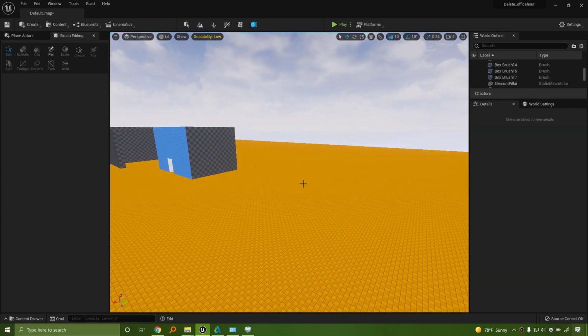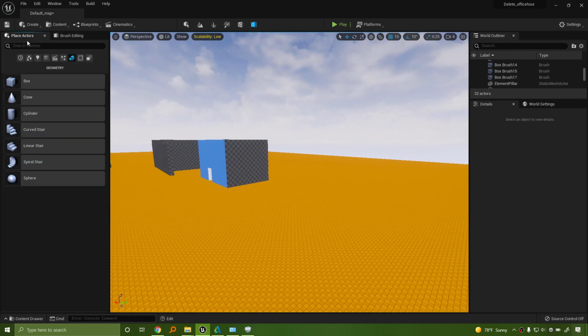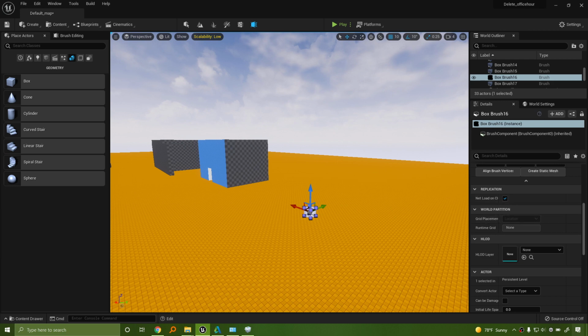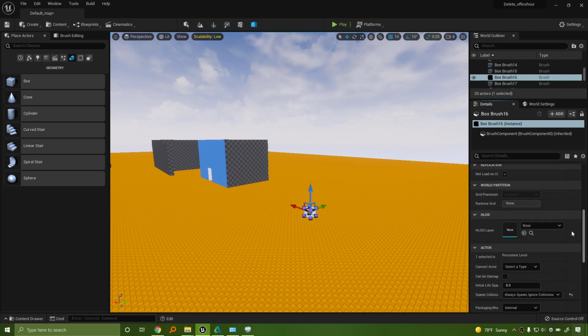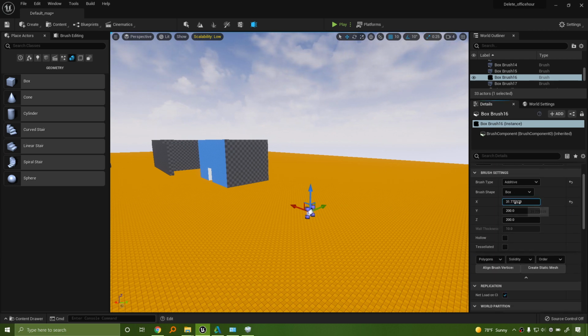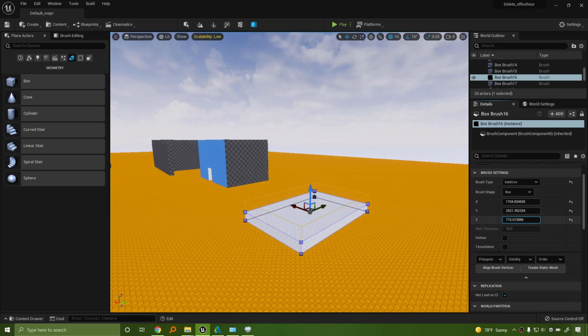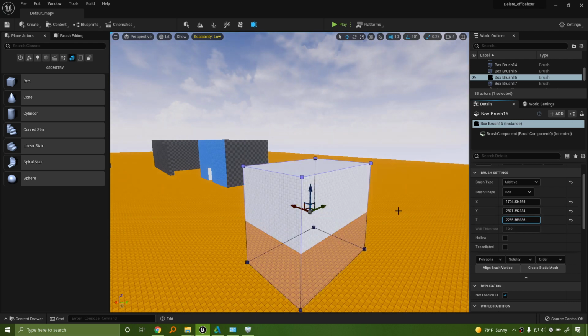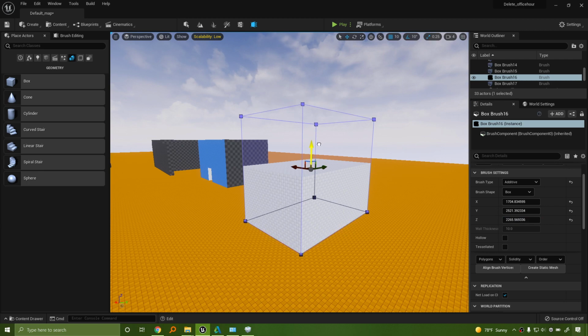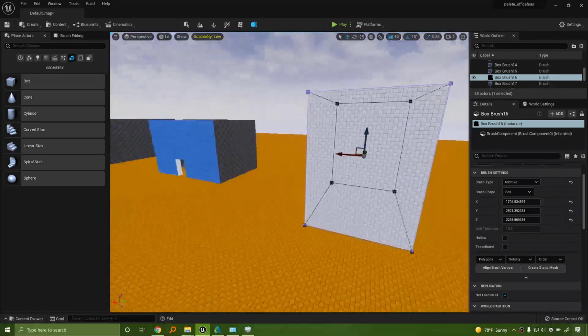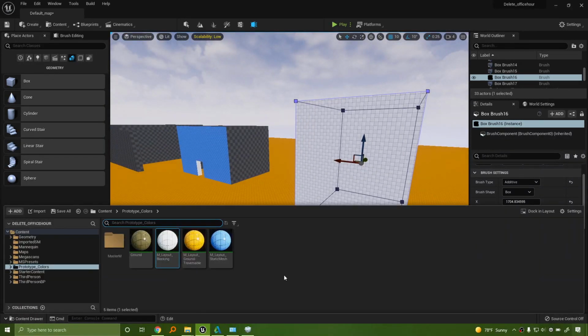Let's walk through it again so I can kind of get it down from the whole thing. So let's make a box here. This is a box, default box. I am just going to make this big. So I'm just going to scale it out. I'm going to make it tall. And sorry, I made it with a texture selected. If you make a BSP with a texture selected, it automatically applies a texture. Whoops. Okay. Let me deselect that. There we go.